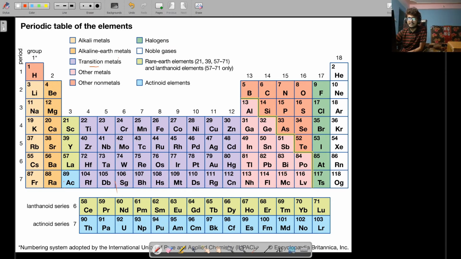Till calcium, it is utmost important to remember the valency of each and every element. It is very simple. Every element in the first group will have valency 1. So hydrogen will have valency 1, lithium also 1, sodium also 1, potassium also 1. Every element in the second group will have valency 2, so beryllium 2, magnesium 2, calcium 2. Every element in the third group will have valency 3, so boron 3 and aluminum 3, carbon 4, silicon 4, then after 4 it will decrease: 3 nitrogen, 3 phosphorus, 2 oxygen, 2 sulfur, 1 fluorine, 1 chlorine, 0 helium, 0 neon, 0 argon.